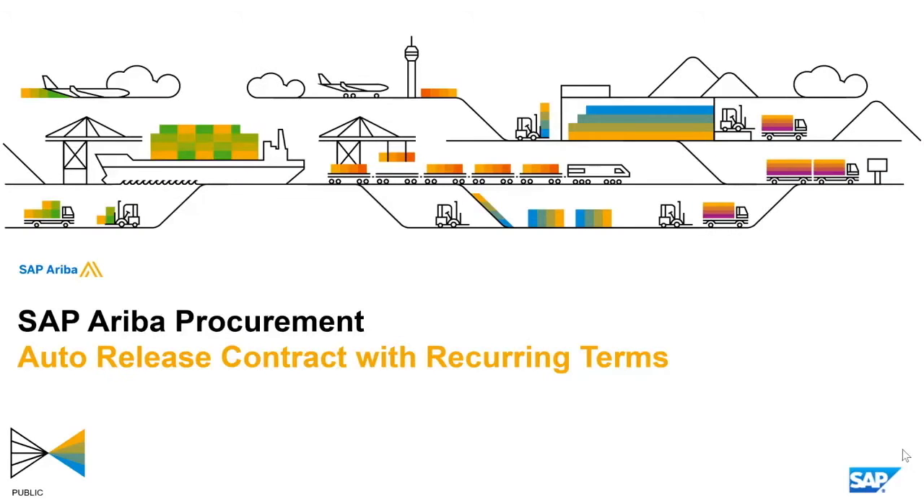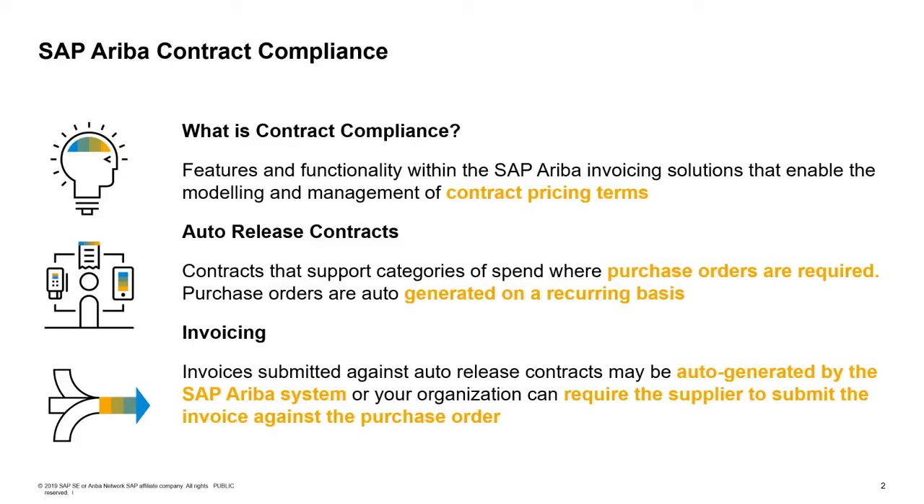Release contracts with recurring items. SAP Ariba's contract compliance functionality enables your organization to model complex contract terms that you have negotiated with your suppliers. One such type of contract is a release contract with auto-generated purchase orders. These types of contracts contain terms that require a release or a purchase order in order to procure the material